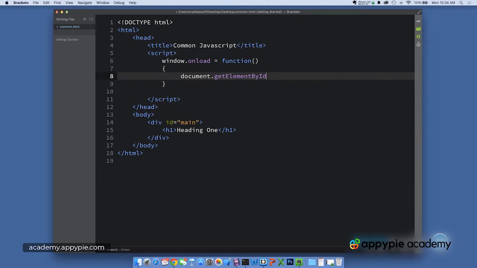getElementById. Now, when we get the element by ID, whatever we have in quotes here should refer to an element ID that's within the document. So we have div ID equals main. Here we're saying document getElementById main. Now, what we can do with this is we can now access that element and make changes to it via JavaScript. For example, we could say